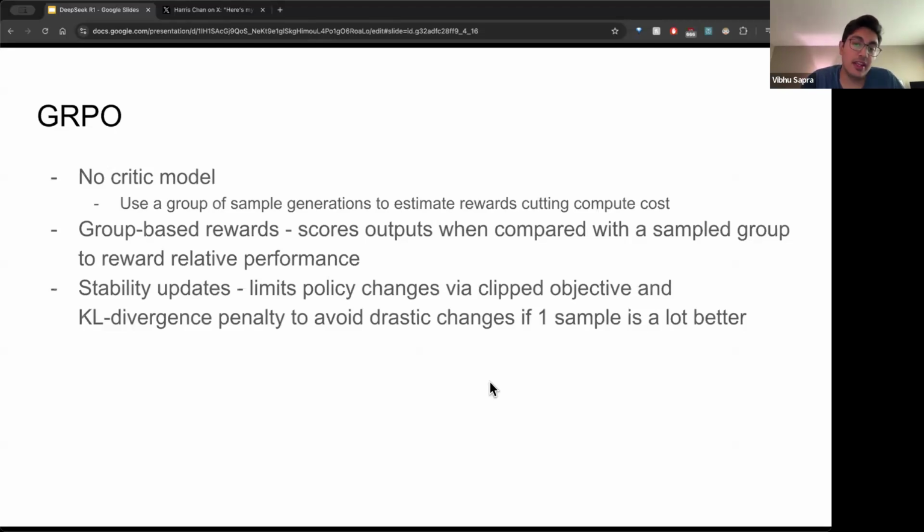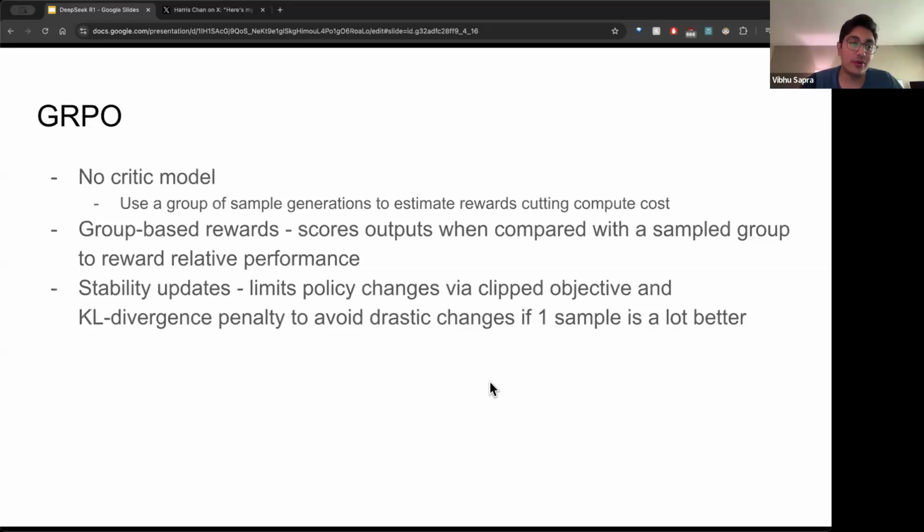Then there's, of course, stability. A big thing with RL is KL divergence. You don't want models to randomly, drastically make big changes because they probably won't get back. So there's a penalty: if something in the group is really good but diverges a lot from the sample, then we also penalize that. So this is good RL. We could spend a lot of time on this, but honestly, I think this is good for Discord discussion.